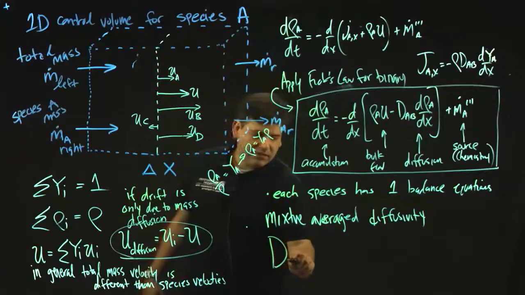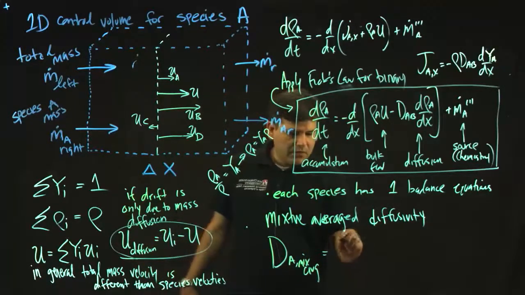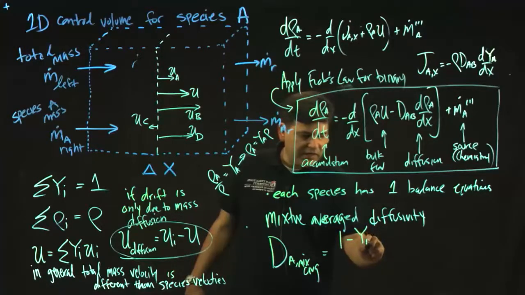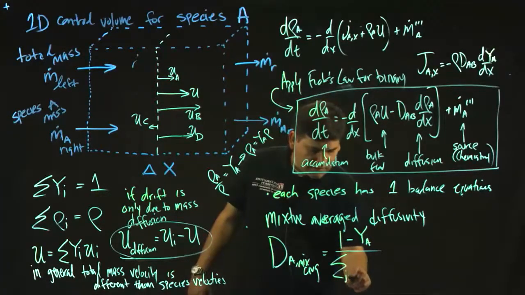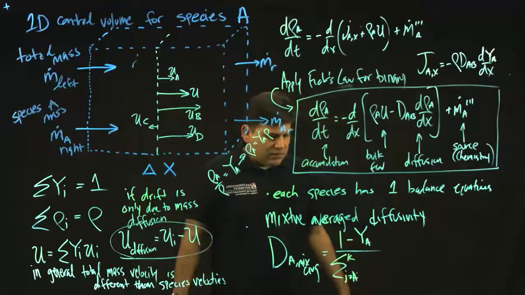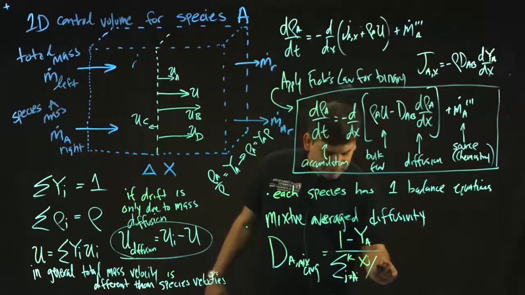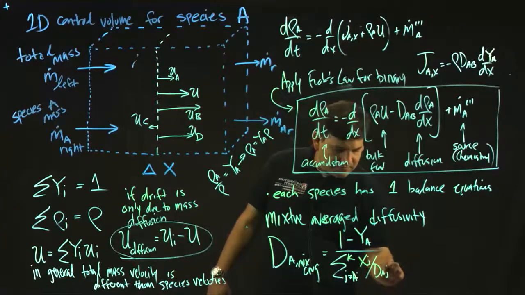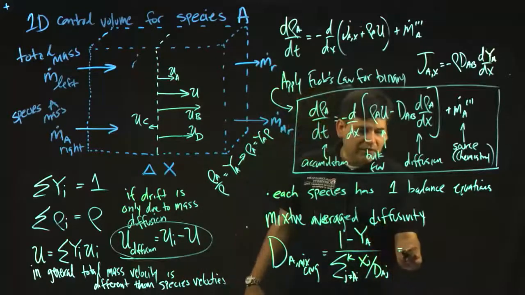So the D of A mix average equals 1 minus the mass fraction of A over the sum of, not counting self-diffusion, of the diffusivity. So the binary diffusivity compared to each component weighted by the mole fraction. So, you know, it'll be